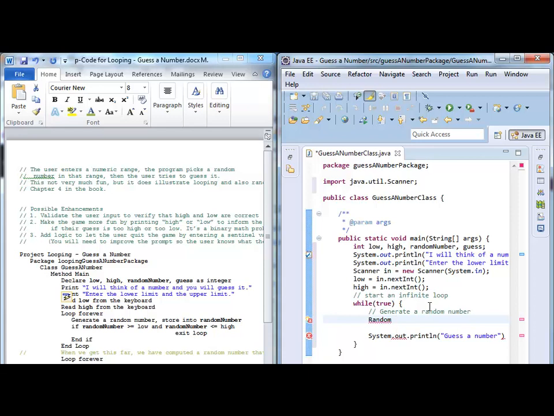Random r equals new Random. That should look somewhat familiar because it's very similar syntax to what we did with the scanner object. We're creating a random number object that will generate random numbers for us. All modern languages have random number generators built in. They're very important for testing